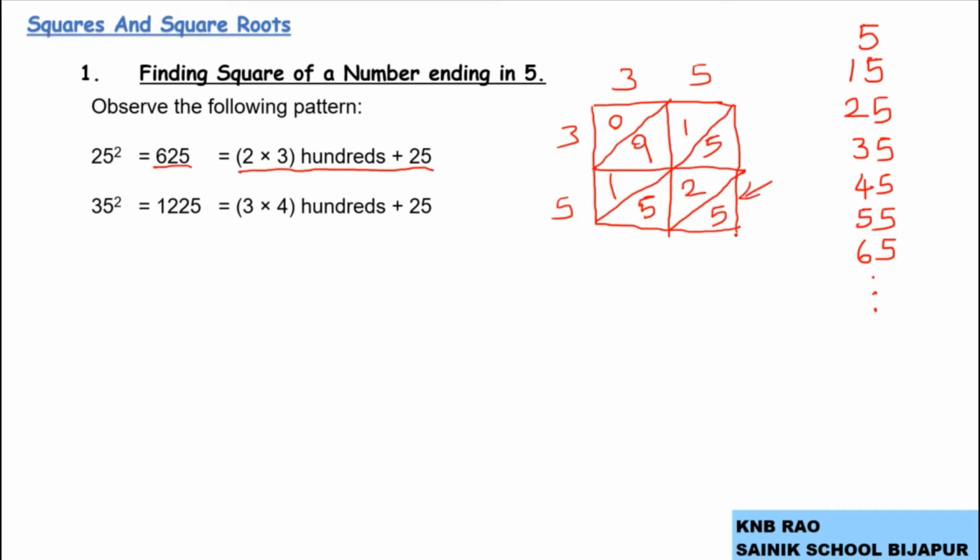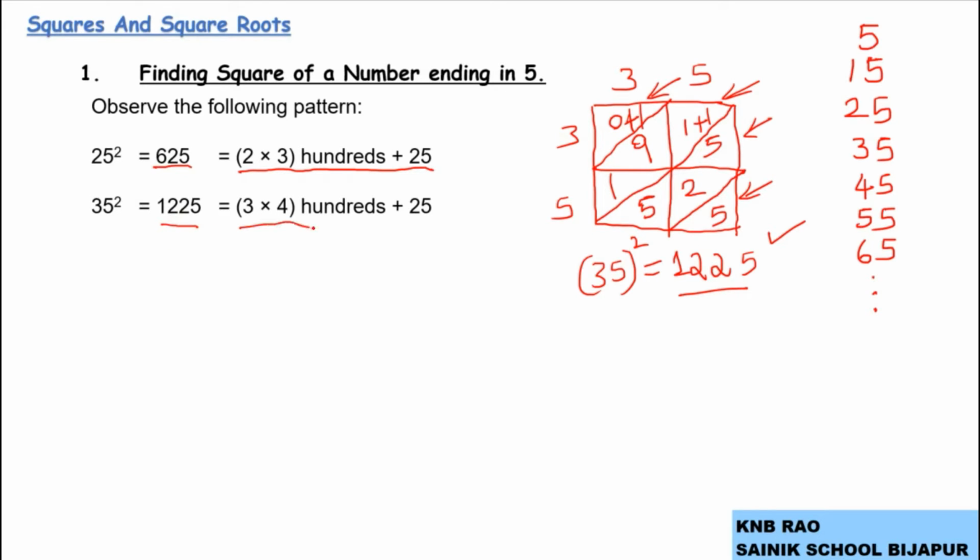Now diagonally we have to take first, 35 square ends with 5, and in this diagonal 5 plus 2 plus 5 is 12, and 1 carry, and in this diagonal 1 plus 1 plus 9 plus 1 is 12, again 1 carry. So in this diagonal 1 plus 0 is 1. So now 35 square being 1225. Using any of the methods you find the square of 35 and you can cross check that.